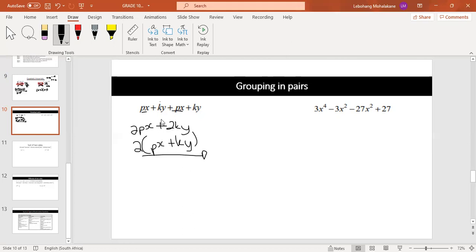So basically, I needed to pair. I just pair ones that are similar. Then I take out the common factor. That's what I did. And then for the second one,